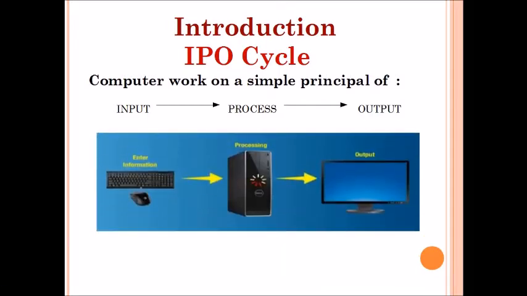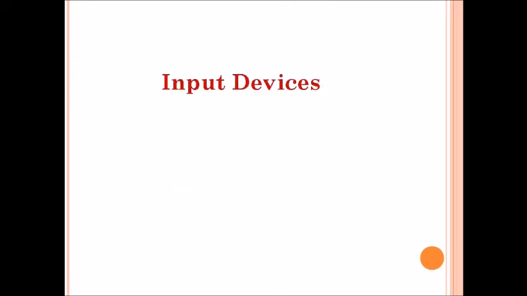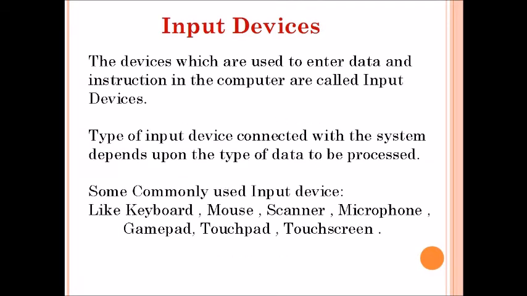In this way, the keyboard and the mouse are the input devices. They give input to the computer system. Then it processes all the data and lastly gives the desired output on the monitor or the printer. The monitor and printer are the output devices, and the processing is done by the CPU, the central processing unit. Next, the input devices.